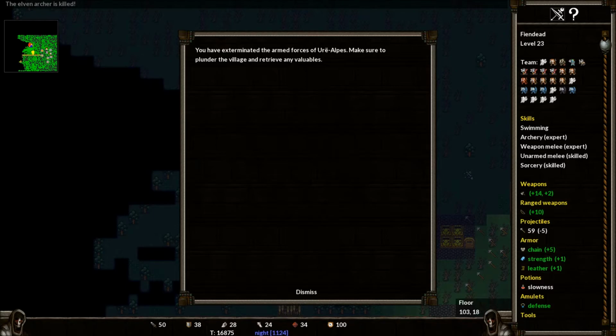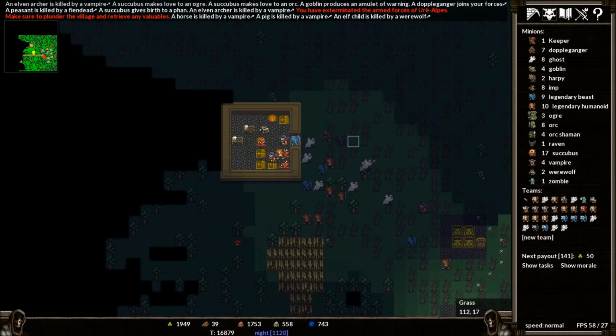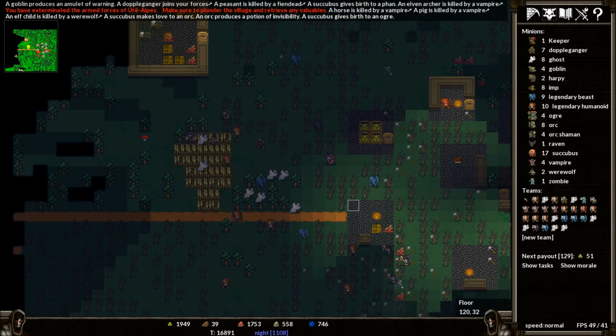As you can see here, you exterminate the forces of Europa. Make sure to plunder the village and retrieve any valuables. So we have now wiped out an entire faction. I'm going to actually release my minions, and then they're going to just go back to what they were doing. They may go back to probably...